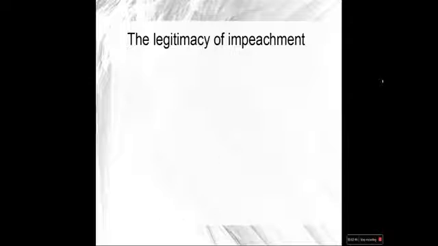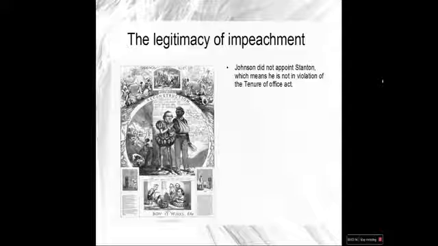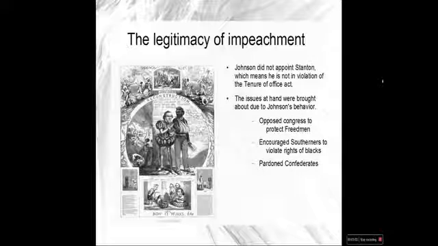Many historians have pointed out that the case against Andrew Johnson was both flimsy and false. In a technical sense, he had not even violated the Tenure of Office Act because Lincoln, and not Johnson, had appointed Stanton. But the issues involved in the impeachment were greater than the mere question of whether Johnson had violated that particular law. For 2 years, Andrew Johnson had opposed every effort made by Congress to protect the rights of the freedmen. He had encouraged Southerners to violate the rights of blacks, while he brazenly pardoned the Confederates for their part in the war against the Union.